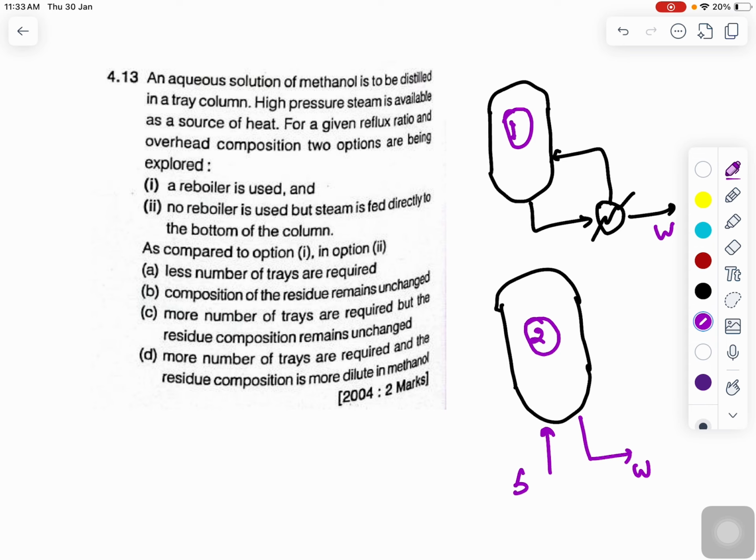In option 1, fewer trays are required and the composition of the residue remains unchanged. In another option, more trays are required but the residue composition remains unchanged. In the last, more trays are required and the residue composition is more diluted in methanol. If you are going to use the open steam condition here, you will be able to see that